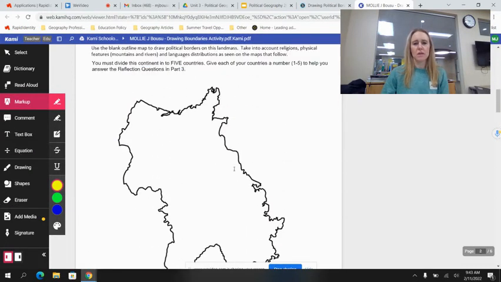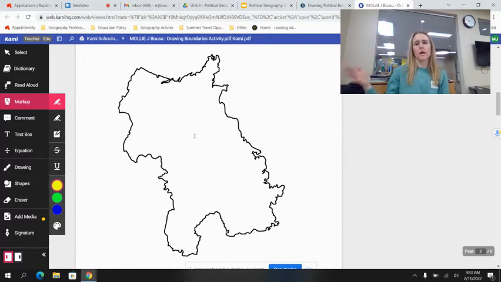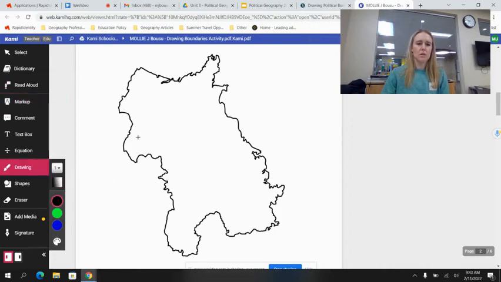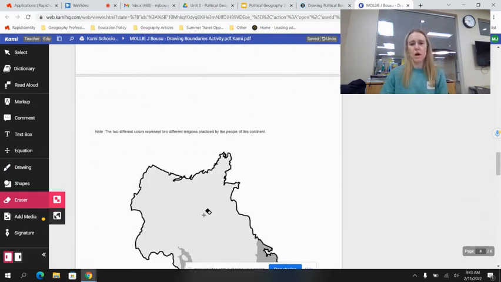So you're going to draw on this first one. If you have the ability to print out these pages, that might be helpful, because then you're going to be able to look at the pictures all together. Or if you can pull it up in multiple tabs, that might be helpful. But eventually you're going to be drawing on here, like, here's going to be my first country, and I'm going to label this country. So you want to use some of the information that you're given to draw your boundaries.